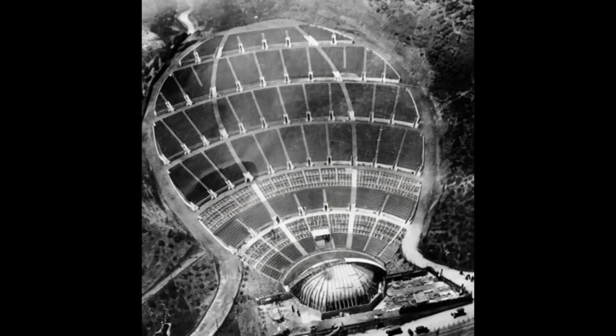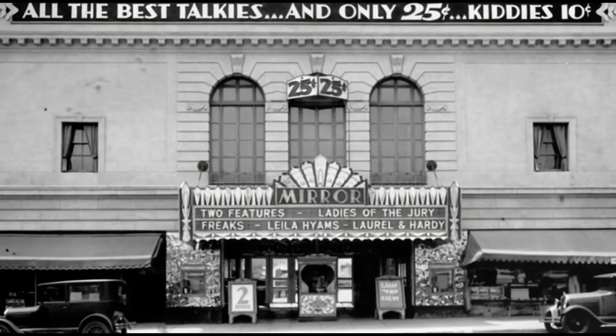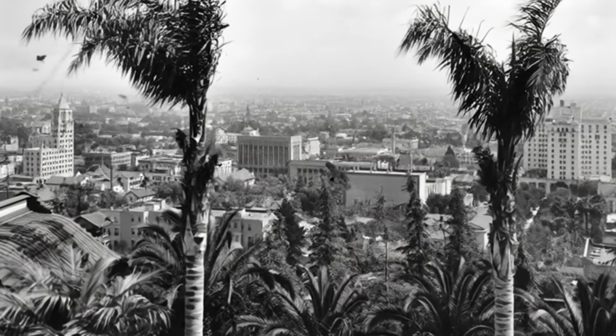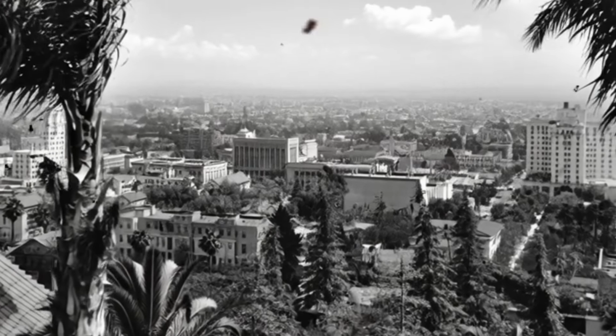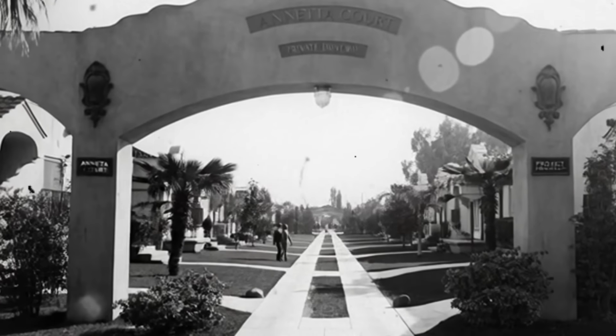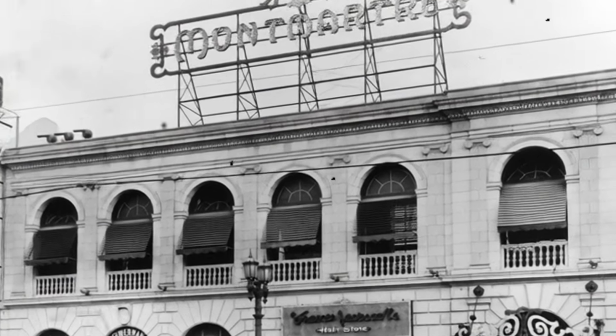Can you believe that the most famous intersection in the world today was once just an empty dirt field? Forget the neon lights and modern tourist traps of today's Hollywood. We are going back, way back, to witness the birth of an empire through 40 unbelievable rare photographs from 1900